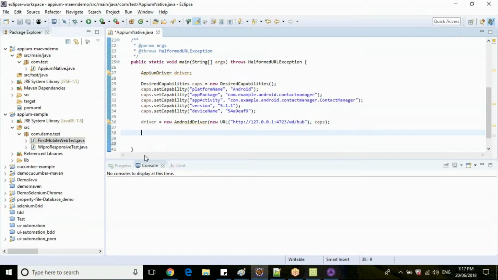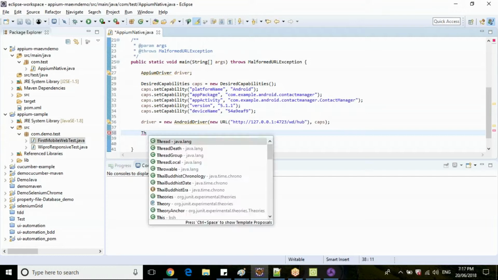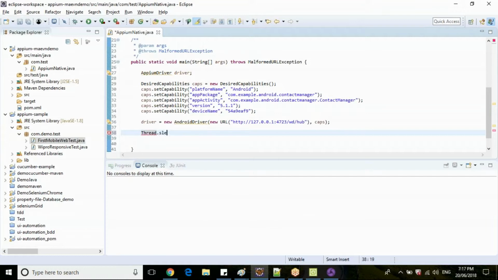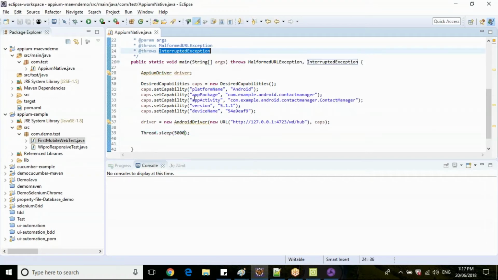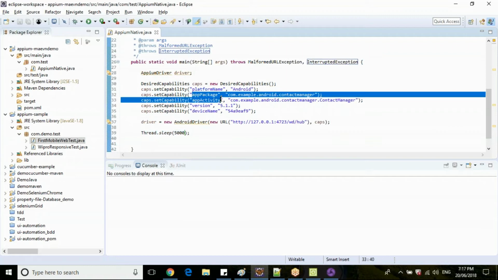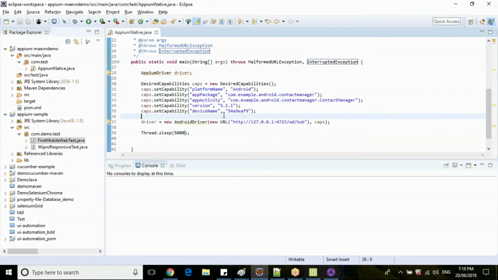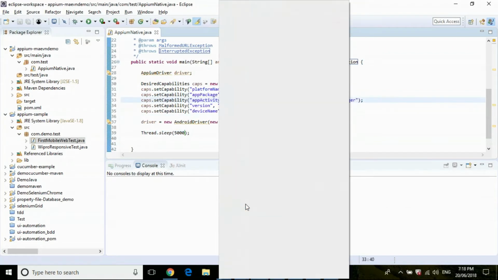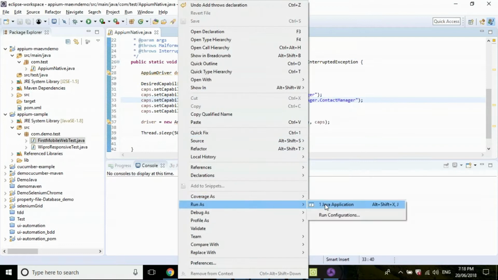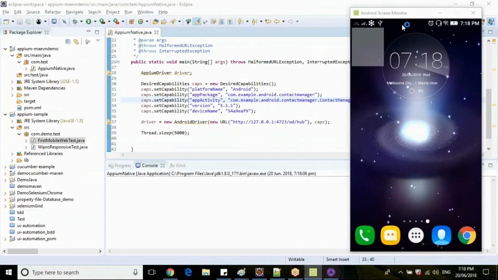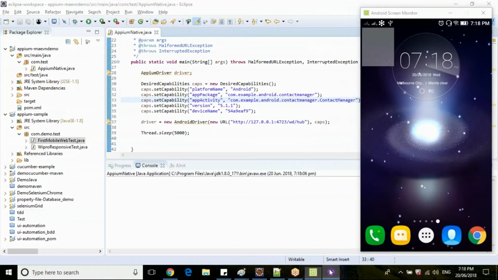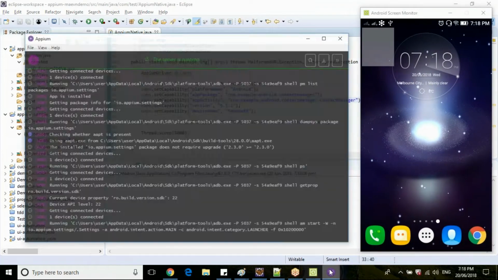Now let me give some wait here. When this driver is declared, initially it will automatically load your application which you provided in your app package and activity. Let me execute this script for you. This is my mobile device, and this is my APM.